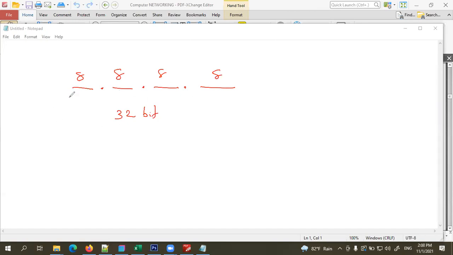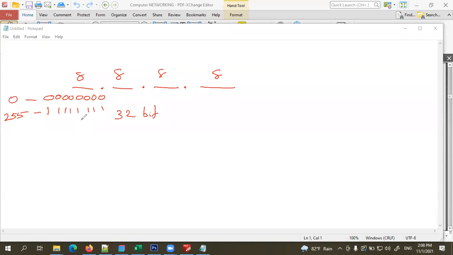So children, if we use binary notation to indicate these 8 bits, you can see the smallest number that we can write is 0. Again, the maximum number is when we use all ones, that is 255.